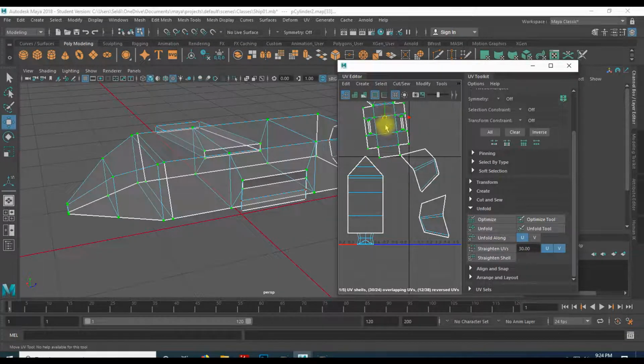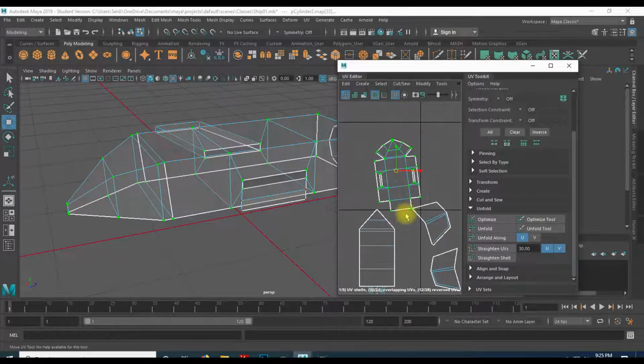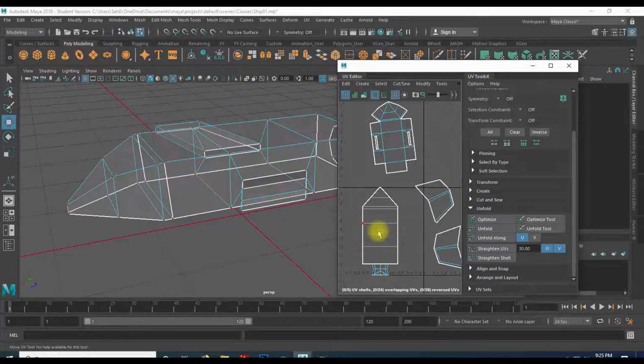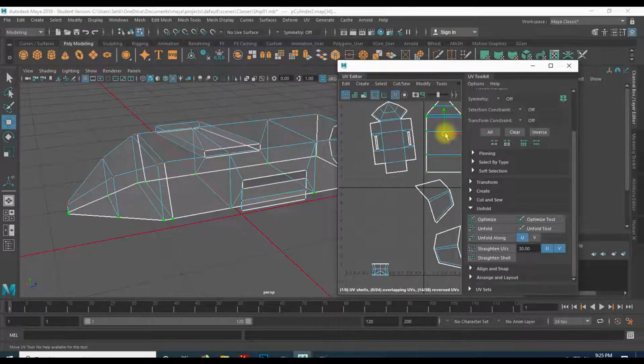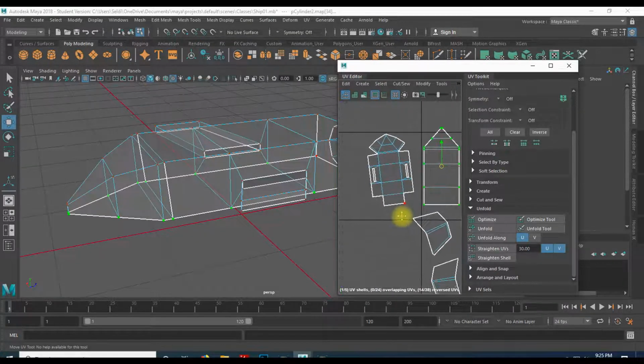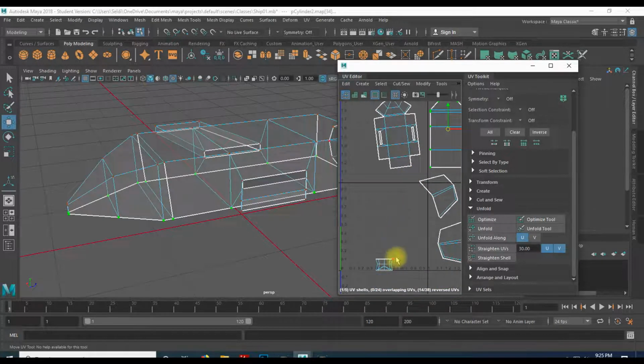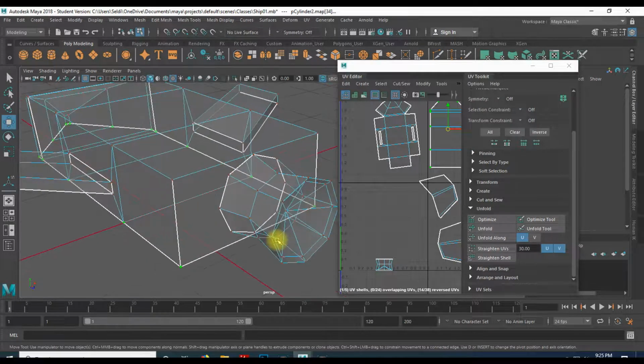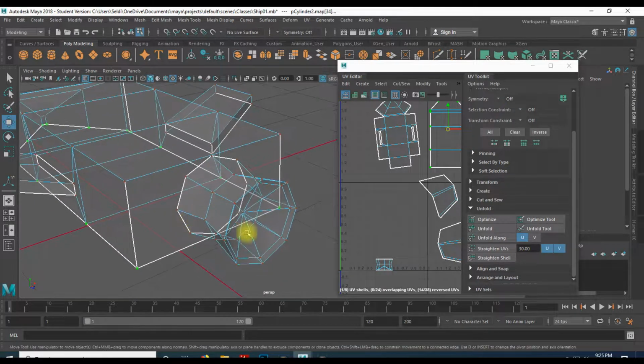So there's the top part of the plane unfolded. This is the bottom part of the plane. So I'll move that over. And then we have the cylinder, so the back of the jet engine here. So this is going to be easiest if we unfold around the cylinder and then have this be a single